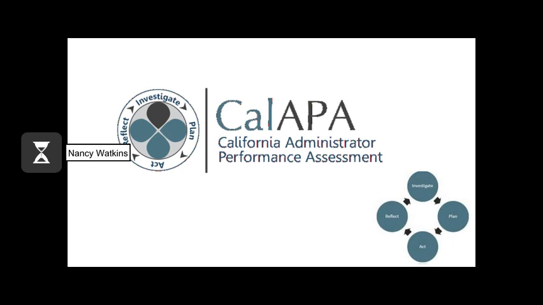You may have heard about the Cal APA. Beginning May 31st, 2018, all CTC-approved preliminary administrative credential programs must participate in the California Administrator's Performance Assessment, Cal APA. This is a required assessment. Through the Cal APA, candidates demonstrate the knowledge and skills tied to the California Administrator's Performance Expectation, CAPES, the California Professional Standards for Educational Leaders, CPSELs, and the California Administrator Content Expectation, CACE, in order to receive the preliminary administrative credential and serve as a school leader.